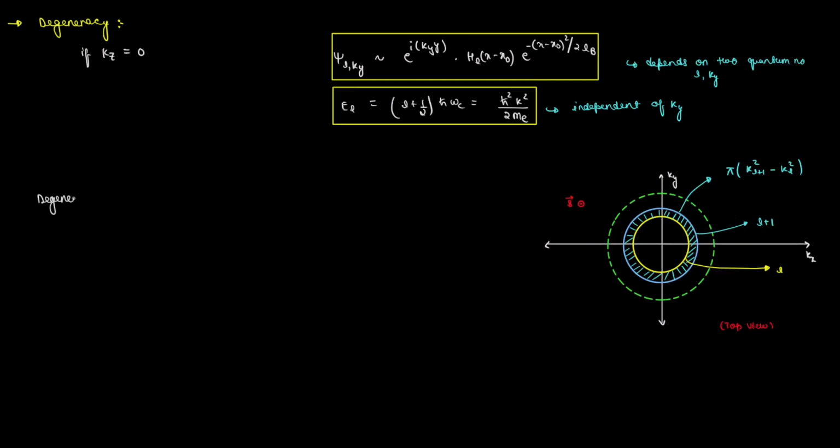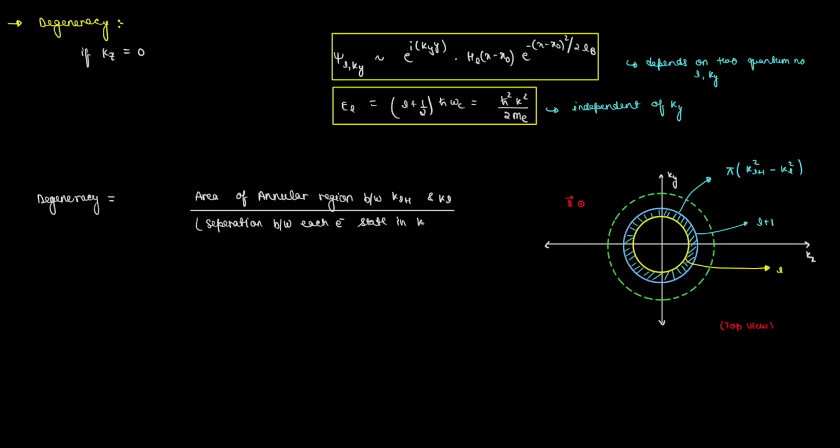The degeneracy in this case will be given by the area of the annular region between k_{L+1} and k_L divided by the separation between each electronic state in k space whole squared. And you must remember that there exist two electronic states, so this whole thing will be multiplied by 2. So the degeneracy will become 2π(k_{L+1}² − k_L²) divided by (2π/L)²,